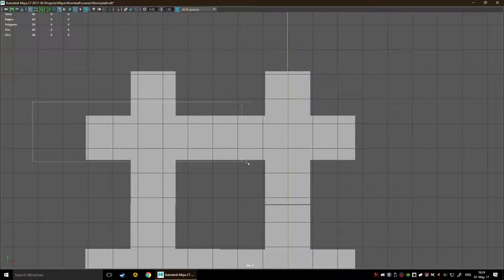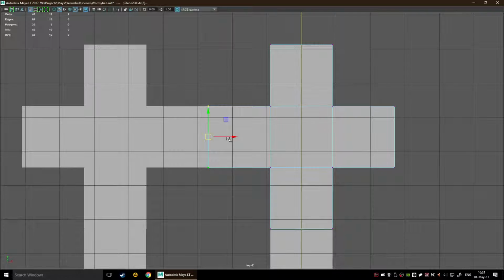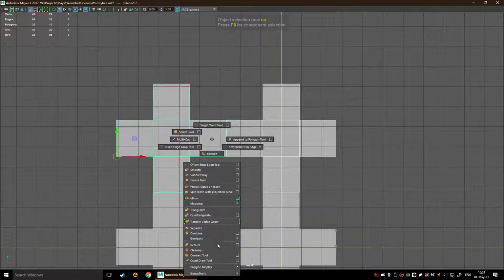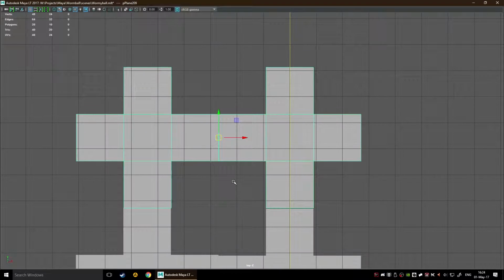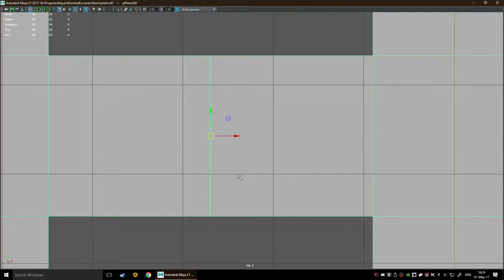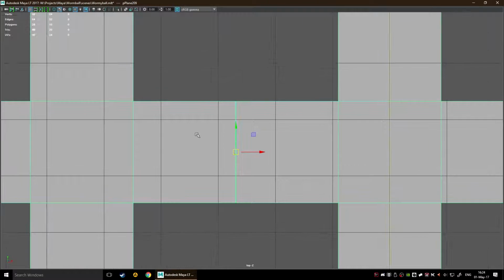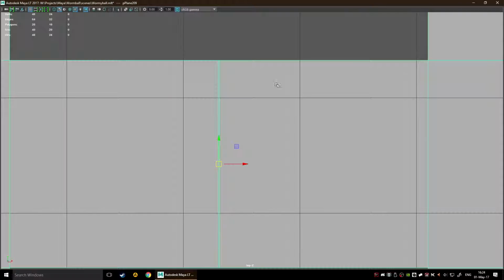Notice that even though, let's say these are together, okay, and there's overlapping, their edges are overlapping. Now that means that their vertices are also overlapping. So we can actually select these two, and if we move them, you will see that they're actually one on top of the other. So if we connect these two, if we just combine them right now, when we take a look here, you will quickly see that we have two edges. Now they're two edges because I actually didn't properly connect them, but I did this so that you can actually see that even